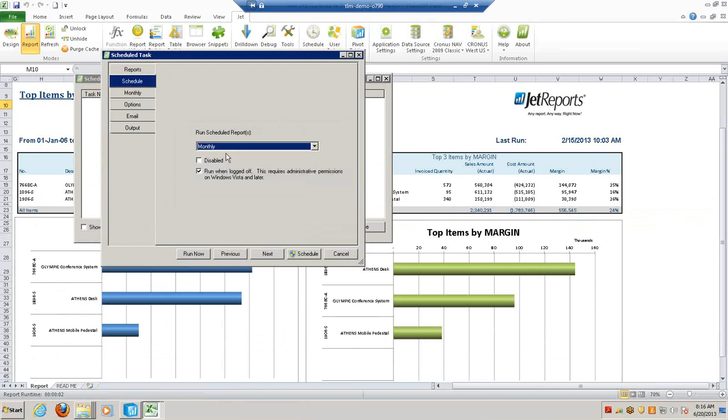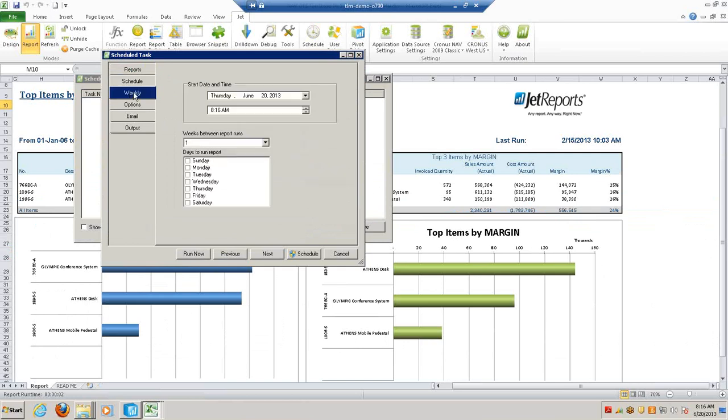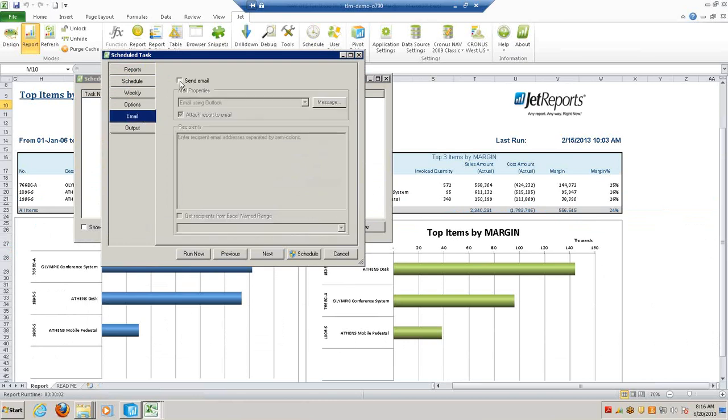So if we selected the weekly option, let's go ahead and select that, and we wanted to have this run at 8 o'clock a.m. every Monday and Friday, so the beginning and the end of every week. Then we can even put in an email distribution list here, and these people will receive the Excel attachment of